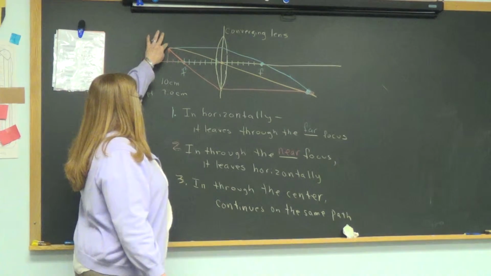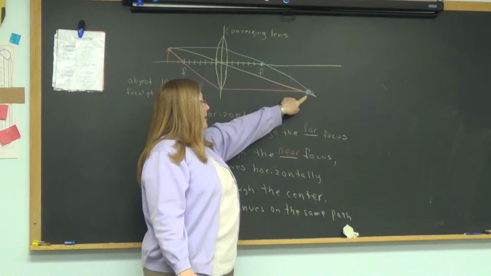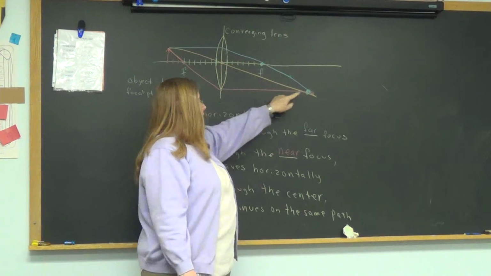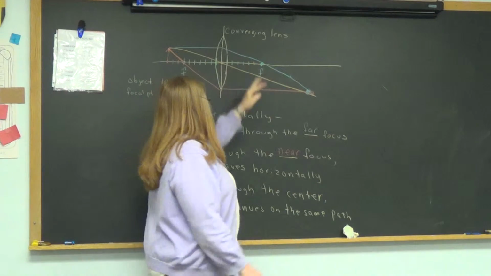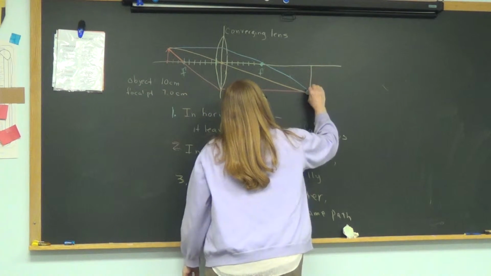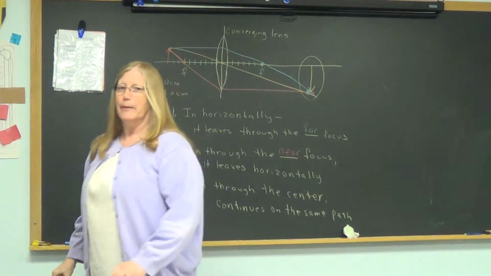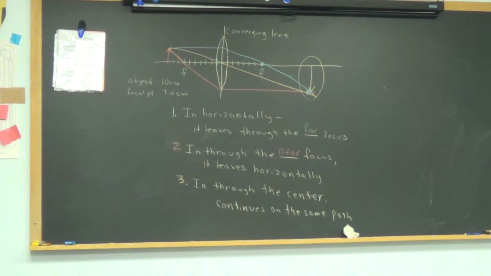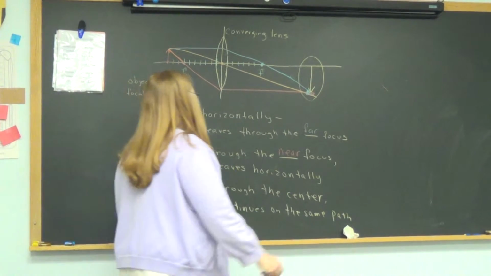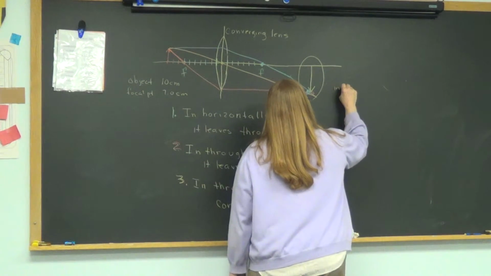You'll recall that we started from the tip of the arrow. So where these rays converge again is the tip. And the tail of the arrow is going to be on the axis. So here is my image. I circle it so I don't forget which is my image and which was my object. And I use the three words to describe the image. It is inverted, enlarged,